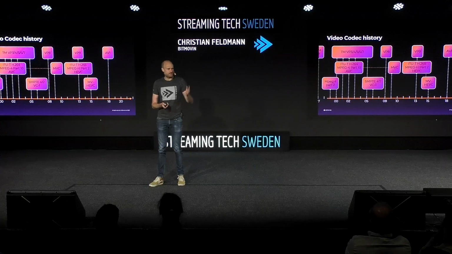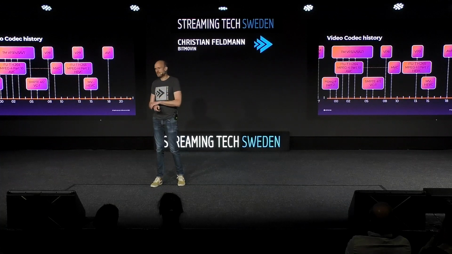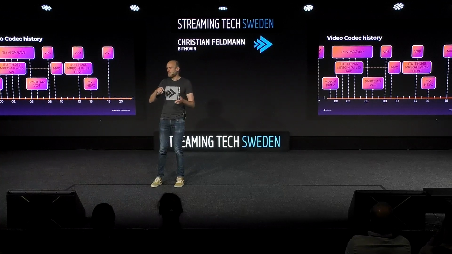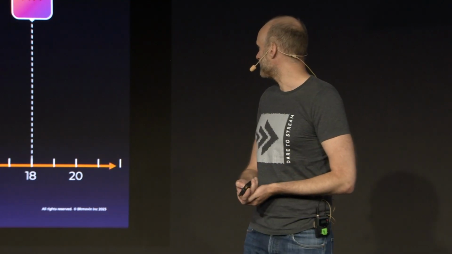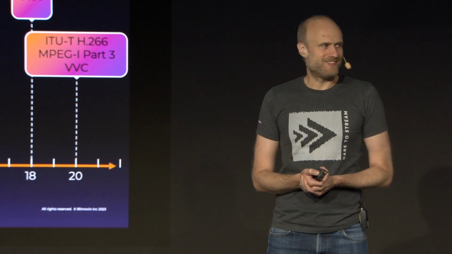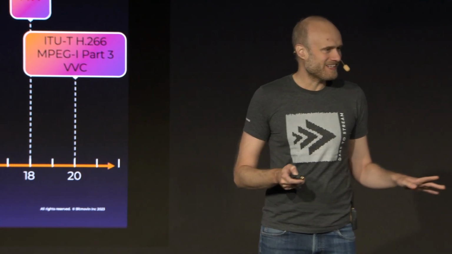Then VP8, VP9, so Google bought this whole thing, and this is what formed the AOM afterwards. For VP9, then HEVC also got a multi-view extension, and finally, AV1 is the one that spawned from that part of the codec space in the more open scheme, right? So Google started it, but now the AOM is actually many companies doing standardization. And lastly, VVC, the latest codec developed by ITU and MPEG together. All right, so that was the history of codecs. I find it fascinating because it's actually not that old, and what all happened.